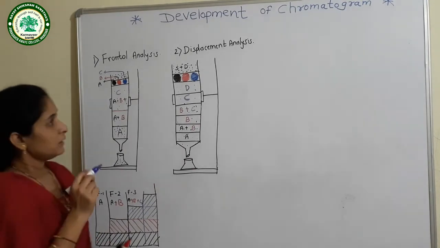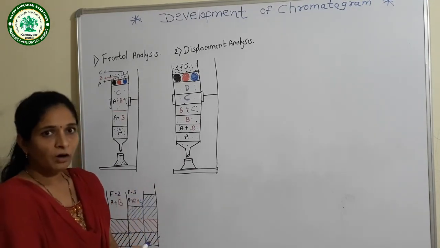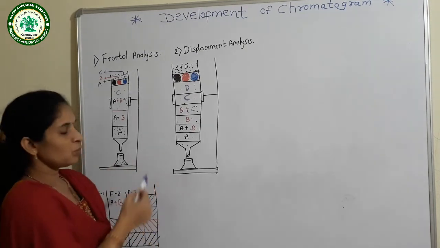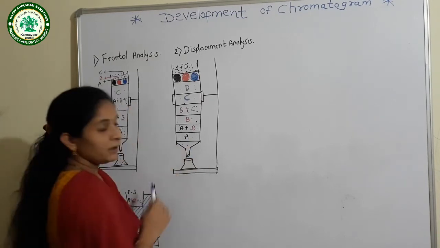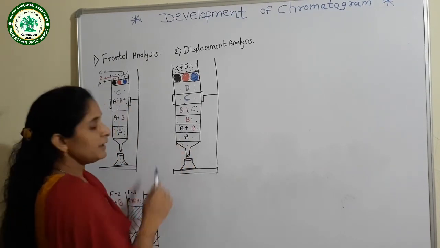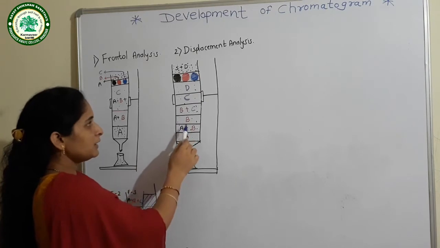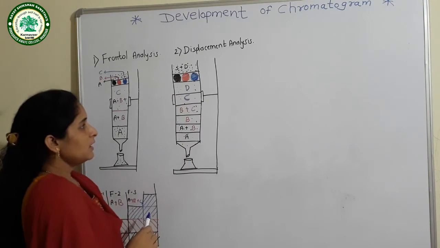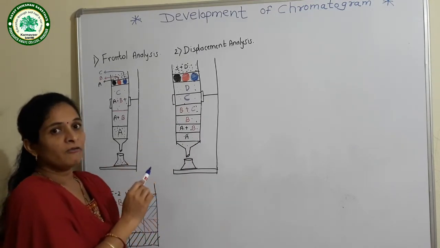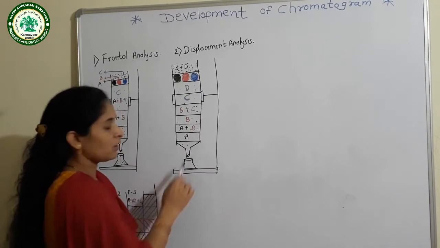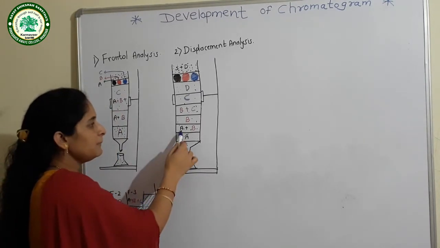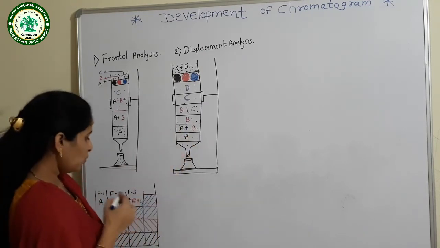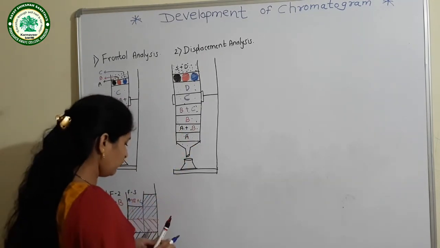Okay. Now in this method also, we are not getting the components in as pure a form as possible. Here also we get pure A, then we get a mixture of A and B. After that we get pure B, and then a mixture of B and C, and at the last we get pure form of C. Means all the components are not well separated. Along with the purified component, we also get a mixture of the two components in this method. Now I can explain this from the graph.